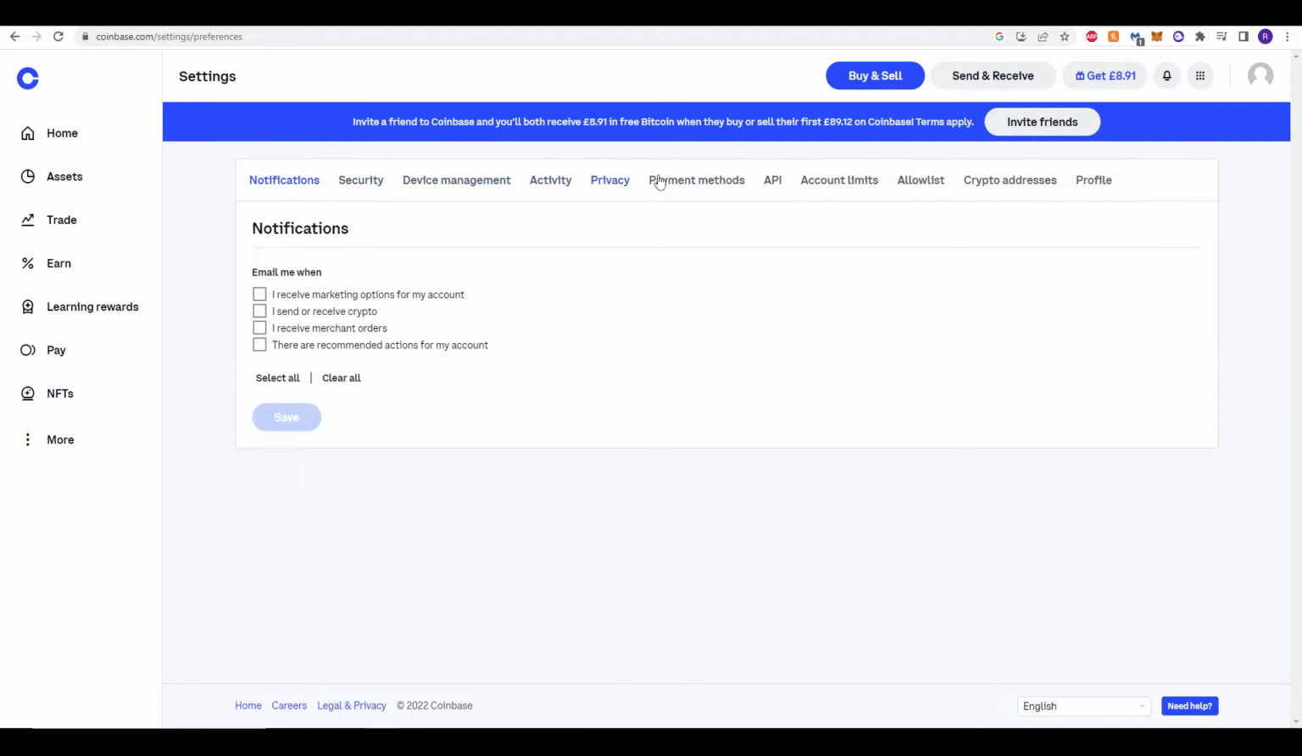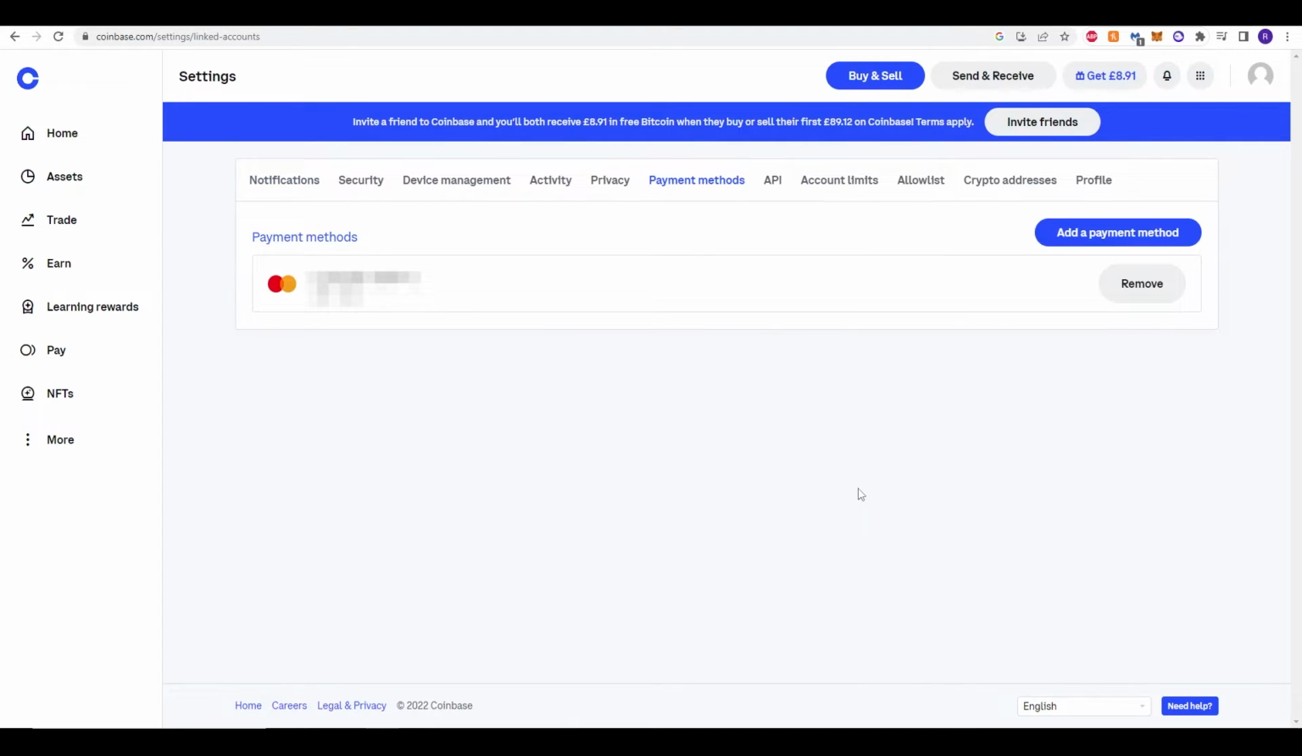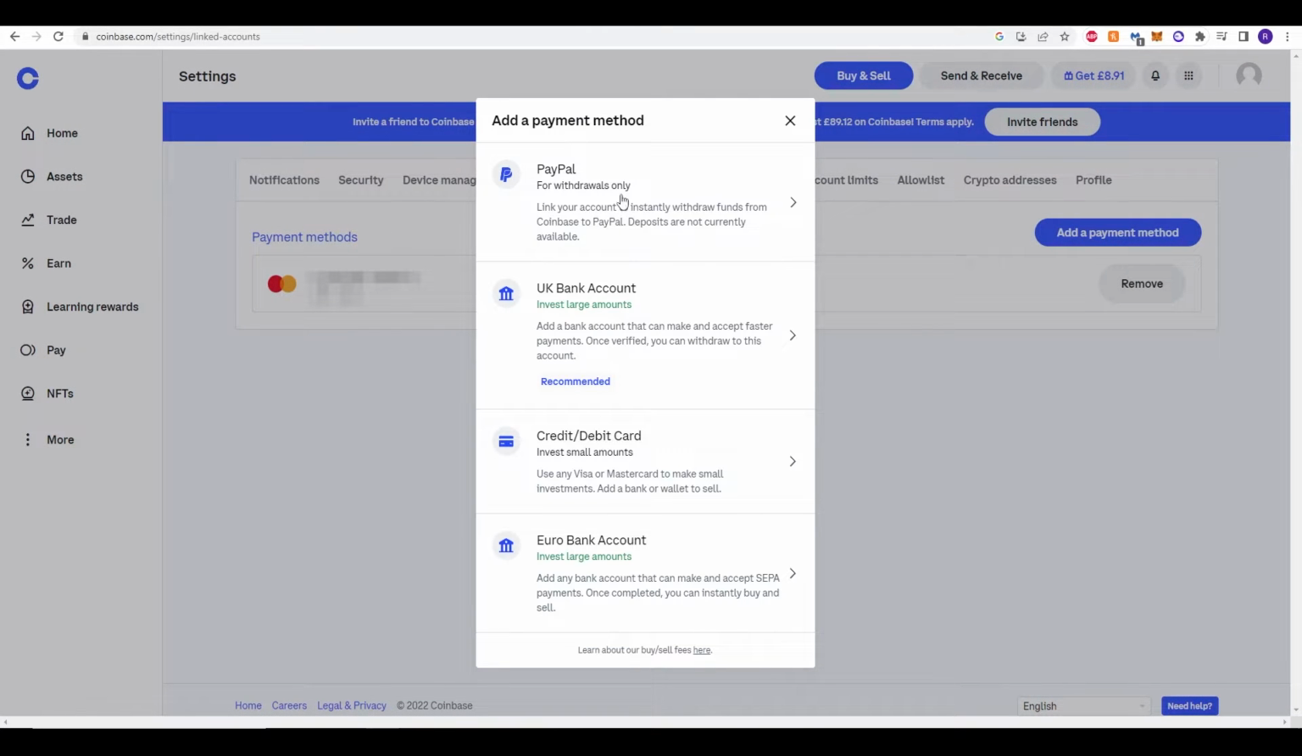At the top you'll see there's some options to click. You want to click payment methods at the top here. And now on the right hand side there's an option to add a payment method. By clicking this you can connect your PayPal, your bank account, your credit debit card, or Euro bank accounts. It's very much a case of clicking the account and following the steps that it asks you to complete